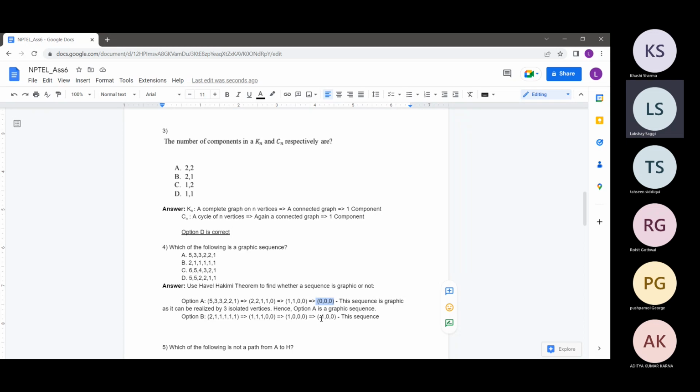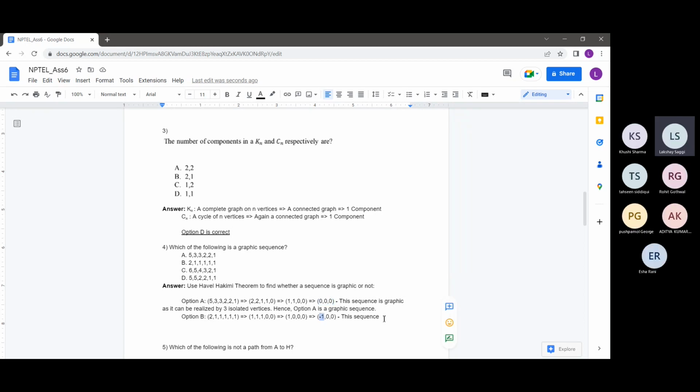But at any step, if you get a negative entry, then that means the sequence can't be realized, since a graph cannot have negative degree vertices. So this sequence is non-graphic